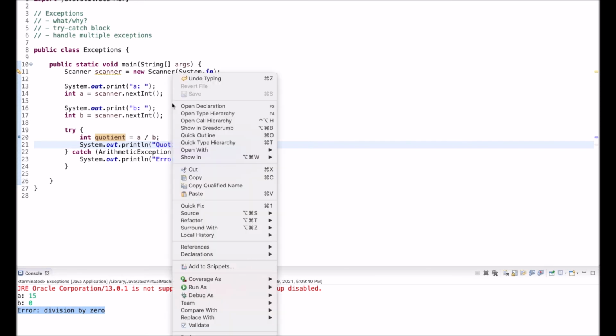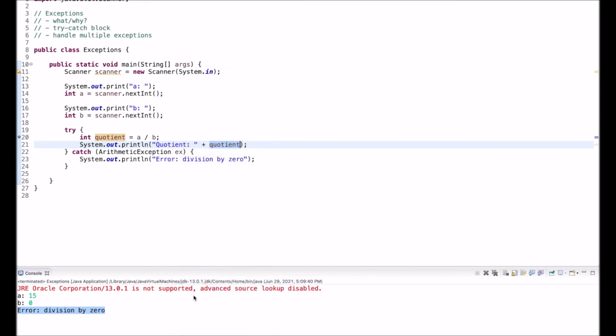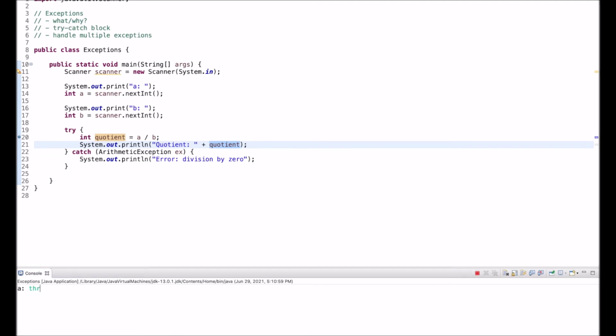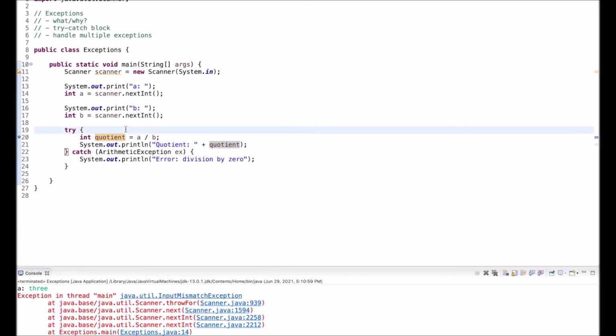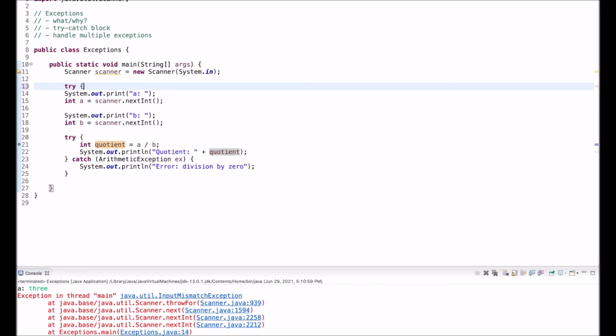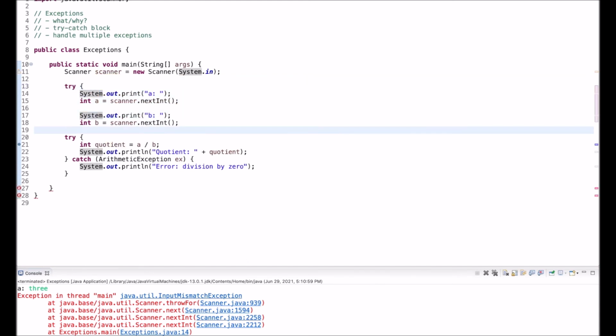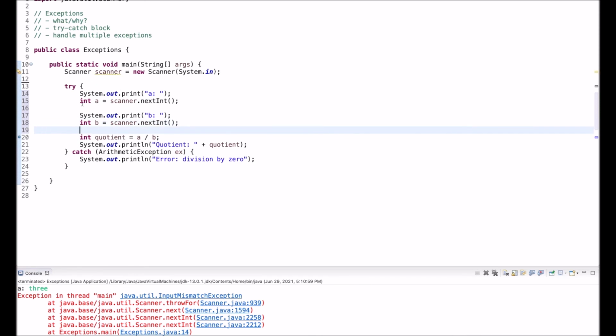Now let's try something else. Let's say I run this again and I enter 3 spelled out, and here we go, I cannot answer anything else. Now I got an input mismatch exception, and this one again caused the program to terminate. Now what I can do is I could wrap this in a try-catch block, right? I could do try and then catch this exception here,